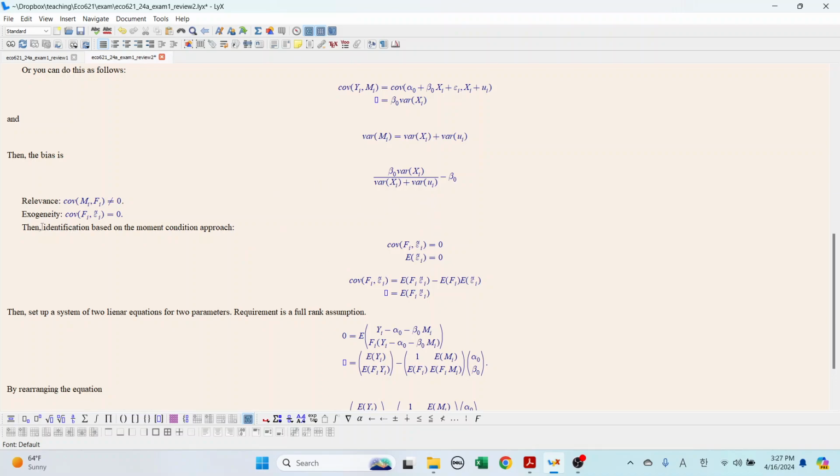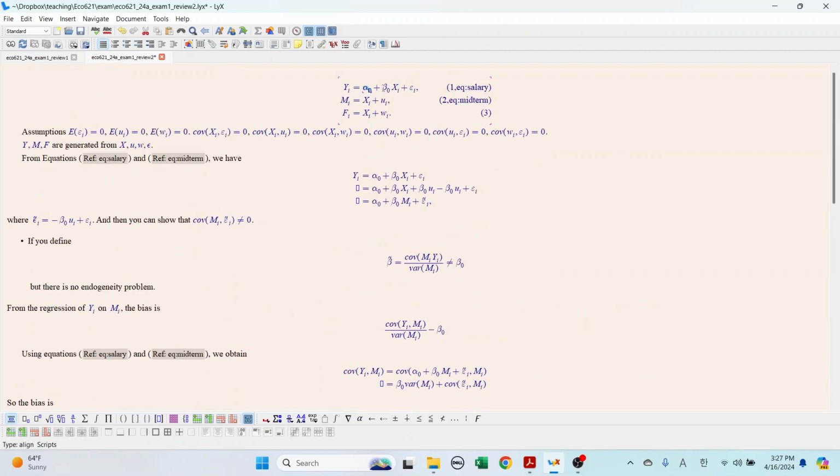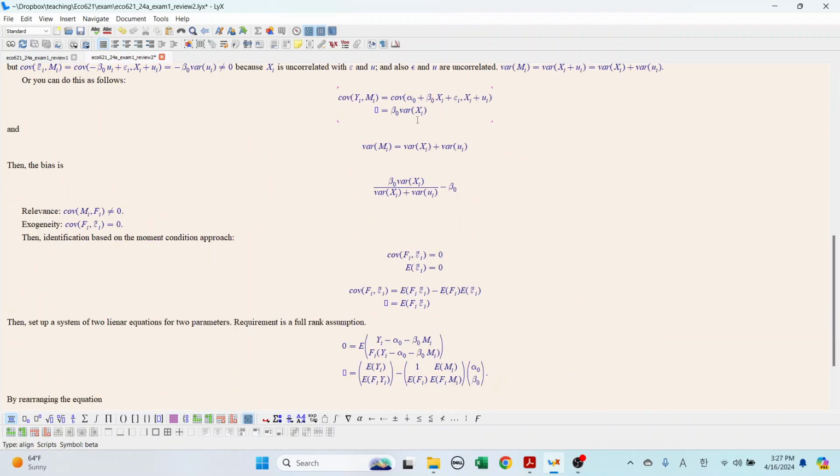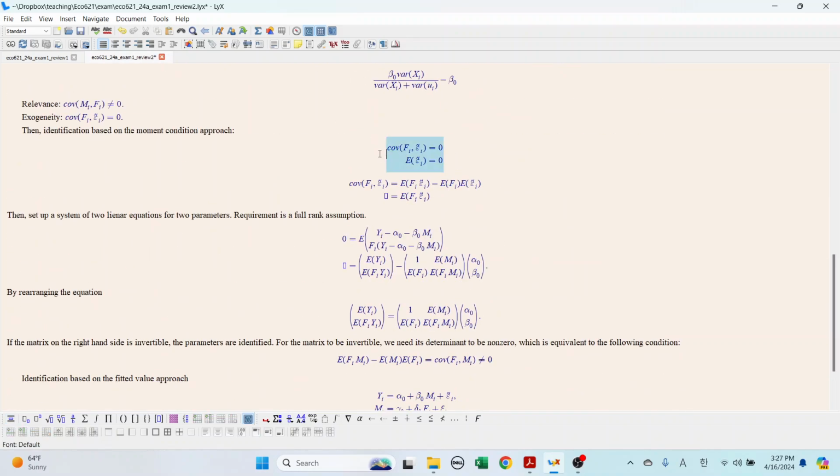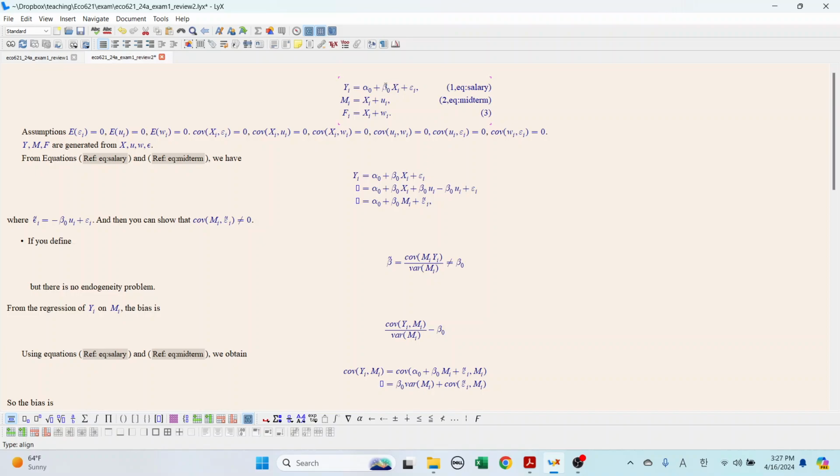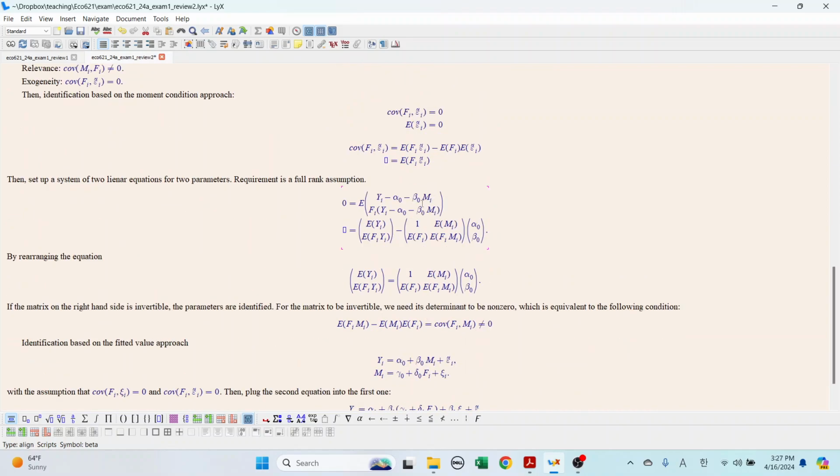So let me show you the moment condition approach. The moment condition approach is based on these two moments because we have basically two parameters, alpha and beta. You need two moment conditions, which are coming from these two. The second one is actually not necessary. Without the second one, you can still identify beta. Alpha is not identified without the second one, but beta is identified without it,